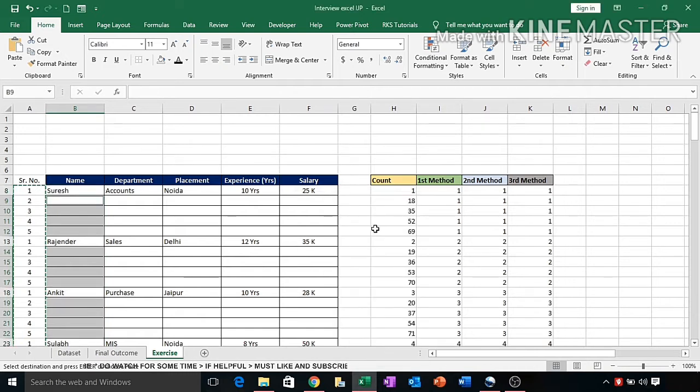OK. So if you simply press F5, then this pop-up will come and you can select the blanks. After applying this, Excel will select only the blank cells, leaving the names. So all the blank cells have been selected. Now you have to insert the formula, but keep in mind that at this position if you click anywhere in the sheet, the selection will disappear. So until you have inserted the formula, you are not supposed to click anywhere in the sheet.